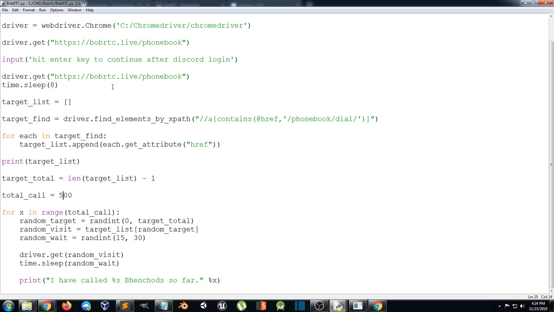Okay, so that's it. That concludes our quick tutorial of the basic auto dialer. And if you guys are interested in this kind of stuff,